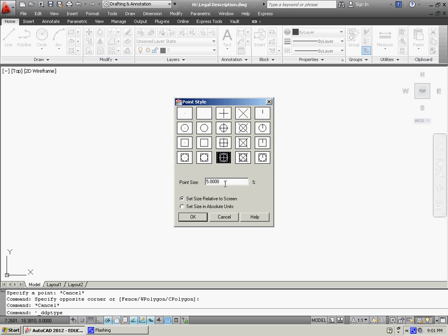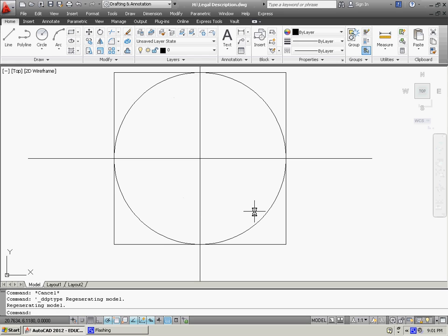Looks pretty cool. Let's also make sure that our point size is set not relative to the screen, but set in absolute units. This way we know exactly how big our points are. Let's change that point size from 5 to 15 and see how that looks. And click OK. Now it's going to look really huge right now, but once we start drawing, you'll see where